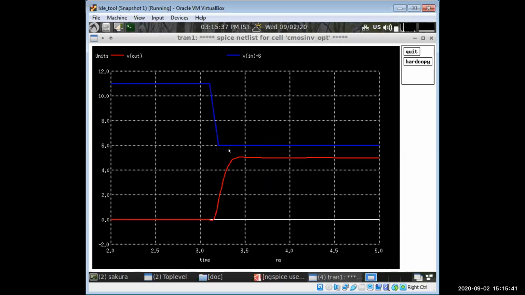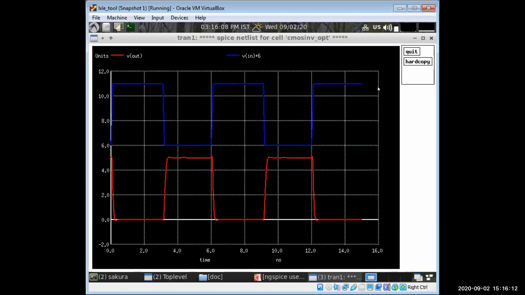And for the transition, this is the rising one, that means from 0 to 5. So 10% of this output and 90% of this means 0.5, which will be nearly this, and 4.5, which will be nearly this. At that 10% and 90%, you just subtract those two values and you'll get the transition delay. So this is for the beta optimization ratio.